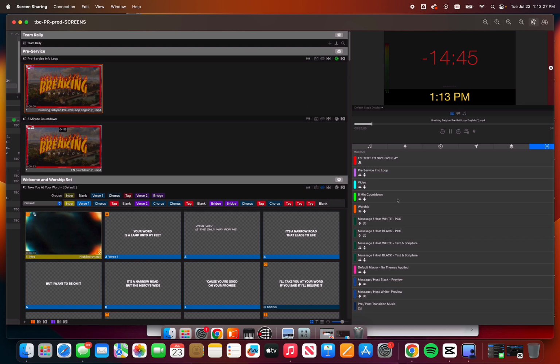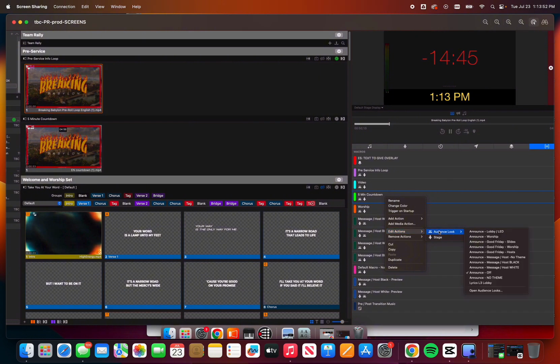For the sake of Port Richmond, for our 5-minute countdown, we're going to go ahead and check to see what it does. It's a little bit different than our pre-service info loop, and we're going to see that now. Our stage display look is actually our video countdown. And then if we right click our 5-minute countdown macro again, go to edit actions, audience look, and it says that